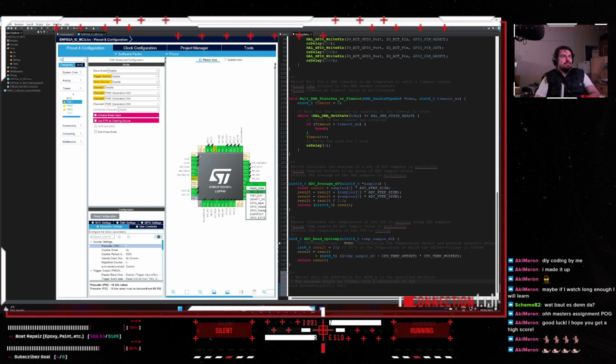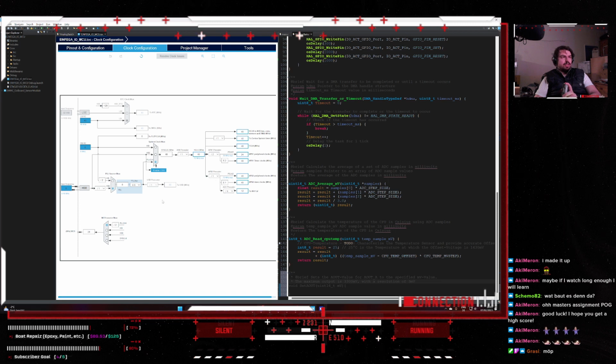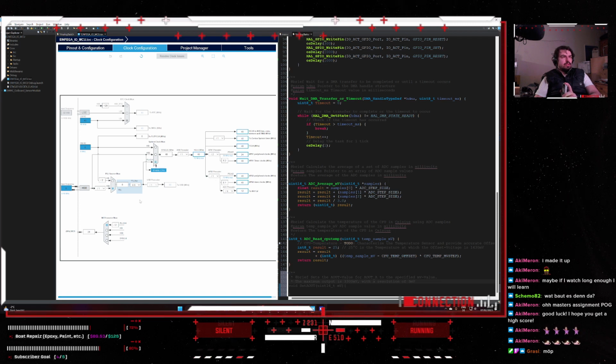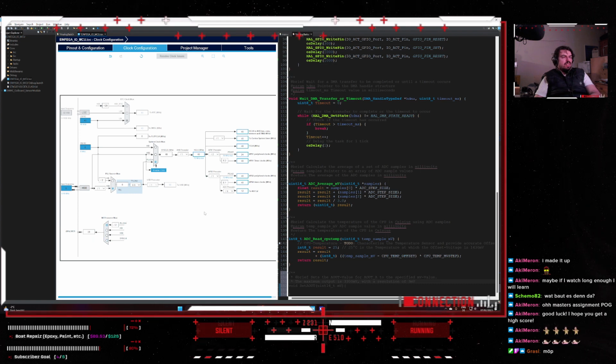So right now I'm sending the clock signal that is driving the entire system through this ×2 divider to the output. Could also use 48 megahertz. What if I send that signal